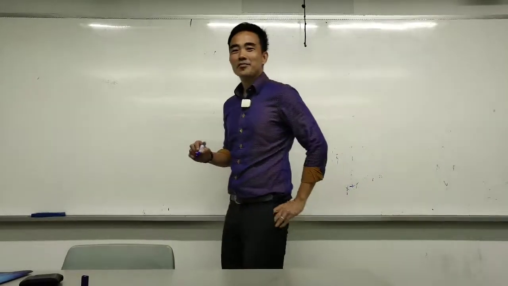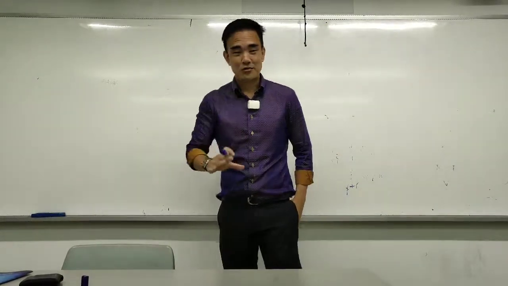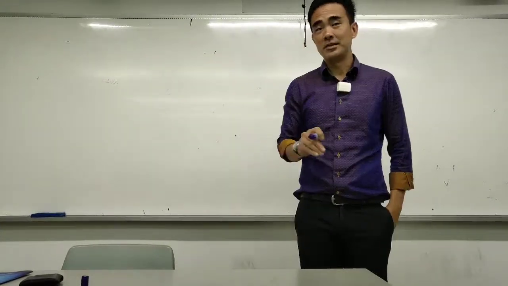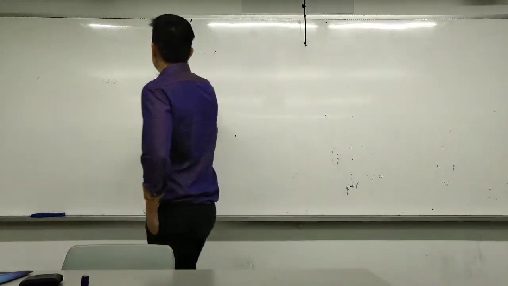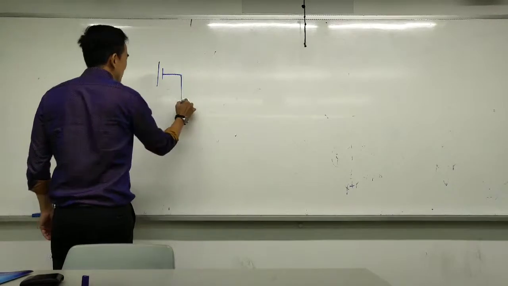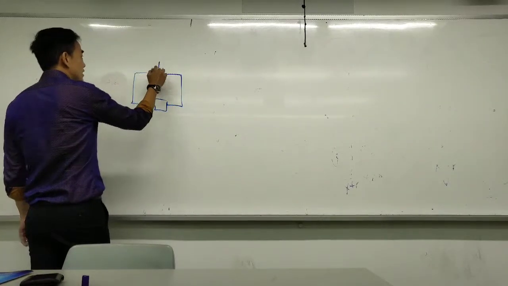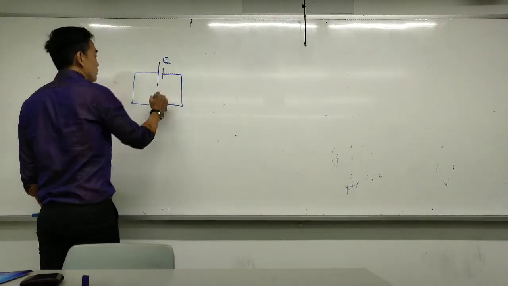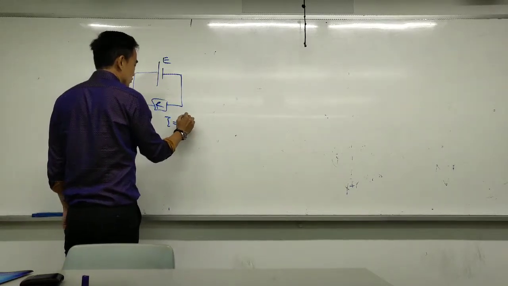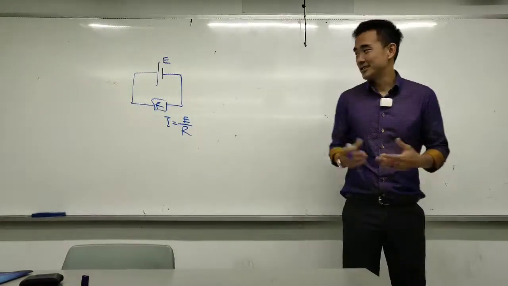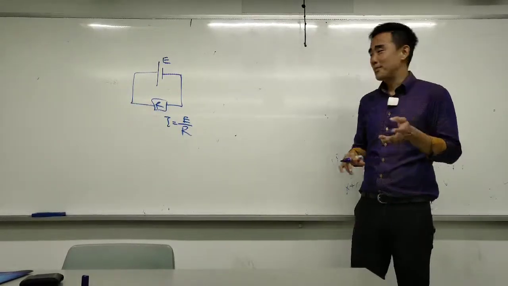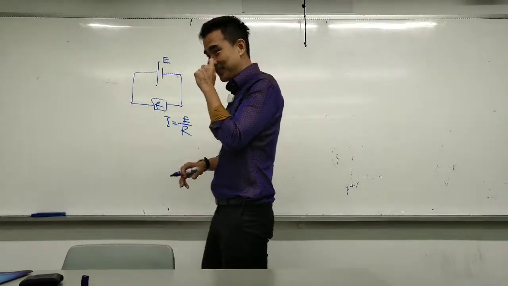That's good. So what we're going to do today is 5.3, and 5.3 only focuses on the main chunk, which is basically the batteries, the performance of batteries. Now most of the time when you do it in secondary school, we draw it this way, like a battery connected to a resistor. EMF E, resistor R, current will be equal to E upon R. Correct? So we always assume that batteries are ideal and they don't have this thing called resistance,